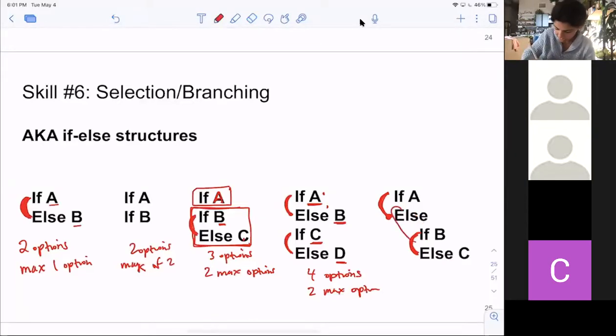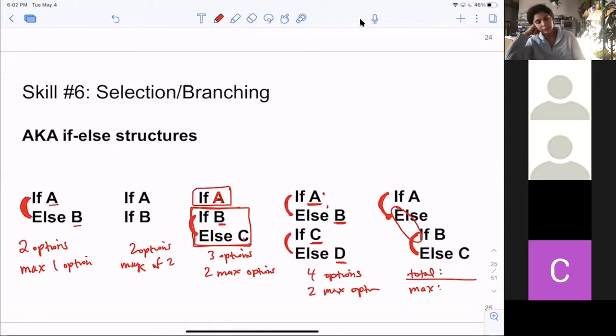What's the maximum number of options? Sorry. What's the total number of options? And then what's the maximum that could run at any time? So we're saying if A is true, then do it. Else, if B is true, do it. Else, if C. Charlie's got it down. So we have 3 total options, A, B, or C. But the maximum that could run at any time,